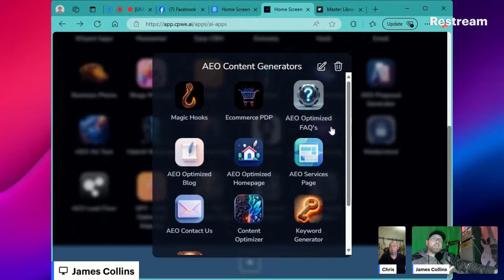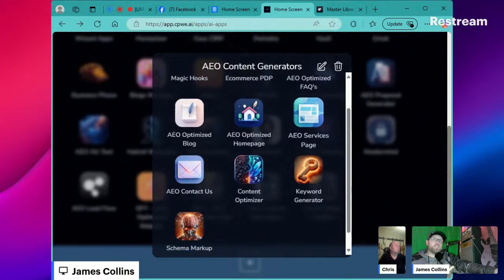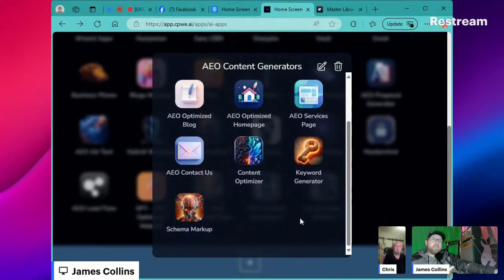Now, how else do you get there? With SEO, search engine optimization. Magic Hooks is your hooks for your H1 tags. For your e-commerce, it writes all of your product data descriptions in AEO optimized and SEO optimized content. I know this sounds really techy, but for the person out there who knows what this is: this didn't exist yet, and this is where it existed first, right here. And these are Chris Stevens and I's tools that we would love for you to have access to so you're able to do this.